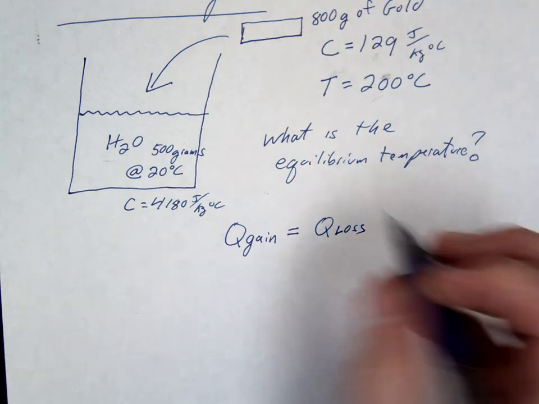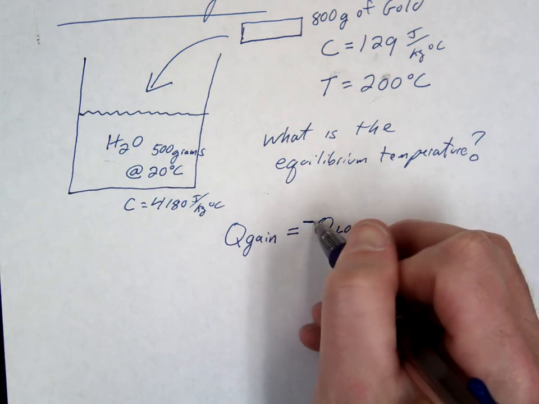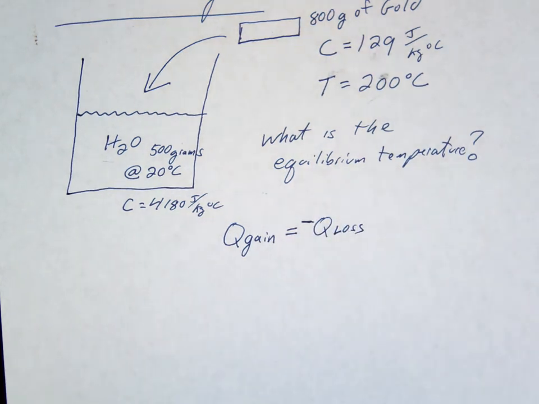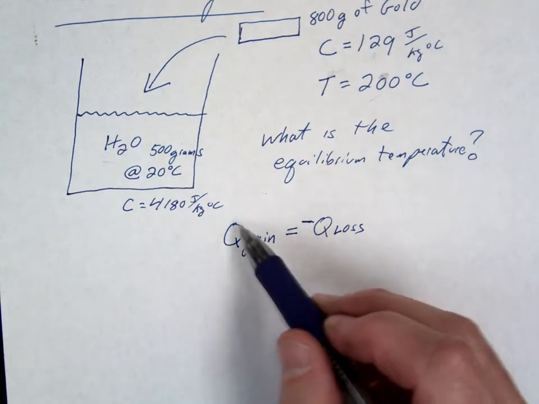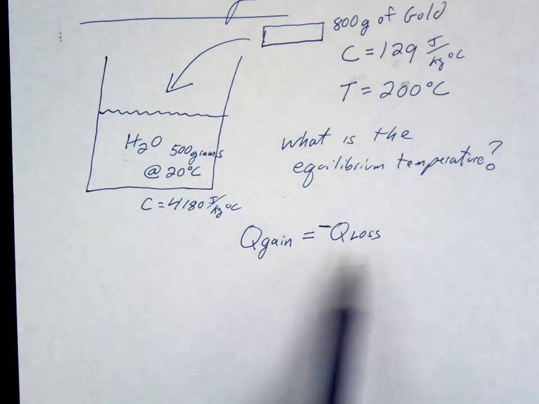And we're just going to add one little more piece here, and that's going to be a negative. Why am I adding a negative there? Because Q loss is all. When you lose heat or remove heat, you have a negative value for heat. Negative Q. So gaining heat is always positive, losing heat is always negative. Okay? So that's how we're going to approach it, and we know these should be equal to each other